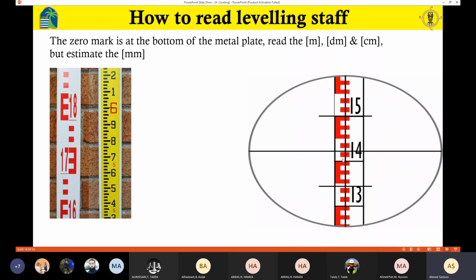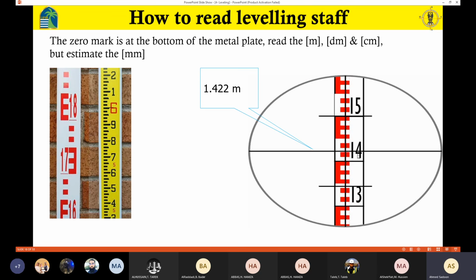Now, what about the distance from here to here by millimeter? The distance from here to here by millimeter is 10 millimeters. And of course, I'm not going to be certain about the reading here, so I need to estimate the reading of the millimeter. So if the cross line is located here, then the reading is going to be 1.422 meter, which means that